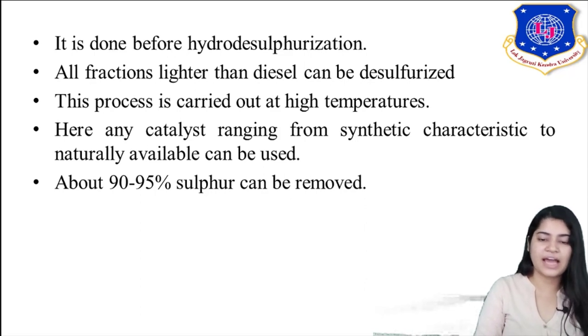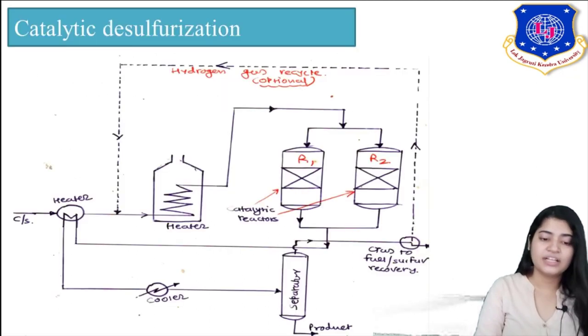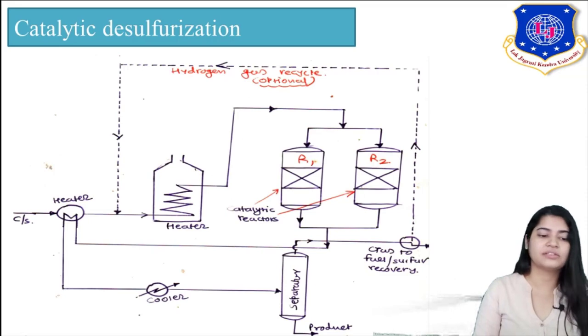The process is carried out at high temperature. Here catalysts can be used ranging from synthetic to naturally available ones, so you have a wide option of catalysts. About 90 to 95% of sulfur can be removed. Let's get back to the process. As it is done at high temperature,